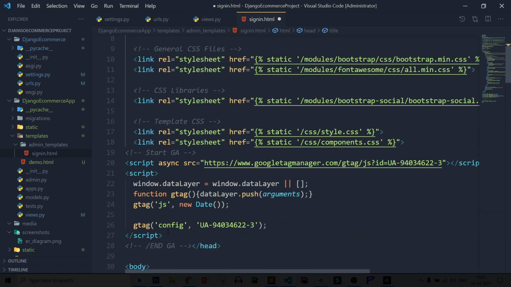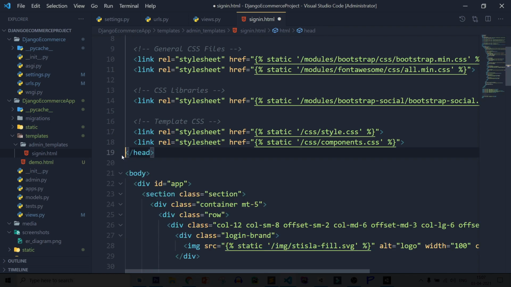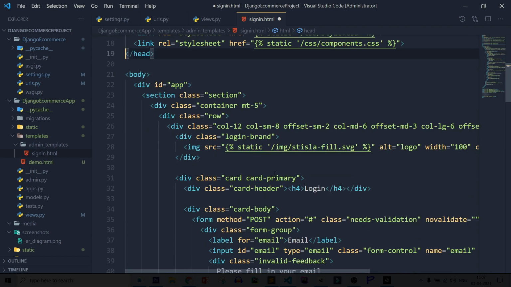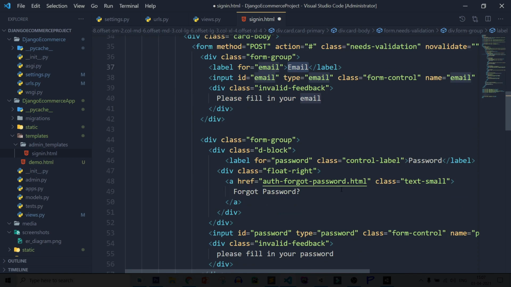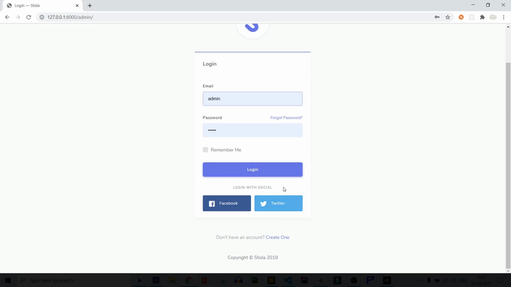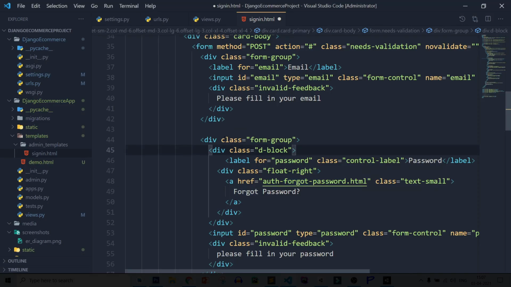After that, let's remove this analytic code and Google Tag Manager. After that, login, email, then password, and here is the forgot password page, which I am going to leave for now.